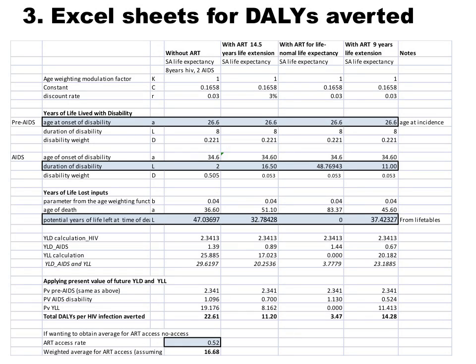If they have a full life expectancy, this is your life expectancy at age 35, 34.6 from the life tables. Then you need potential years of life left at time of death, and you can get these from the life tables. And here you get your estimate of